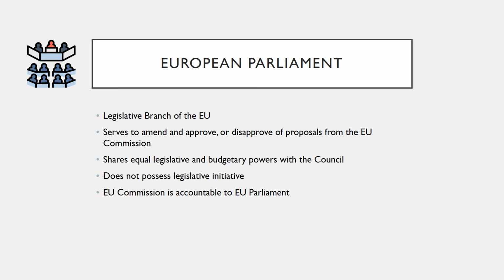The European Commission, the executive body of the EU, exercises executive powers, but no legislative ones other than legislative initiative, and is accountable to Parliament. In particular, Parliament can decide whether or not to approve the European Council's nominee for the President of the Commission, and it is further tasked with approving, or rejecting, the appointment of the Commission as a whole. It can subsequently force the Commission as a body to resign by adopting a motion of censure.